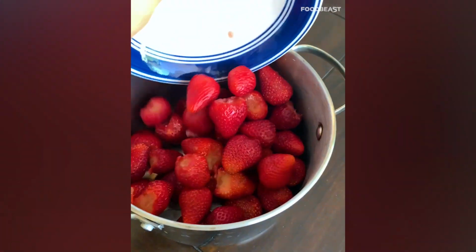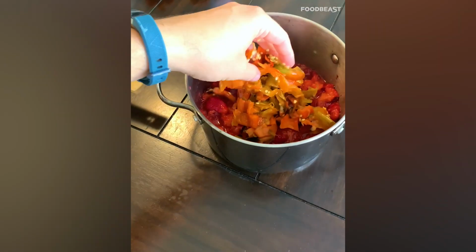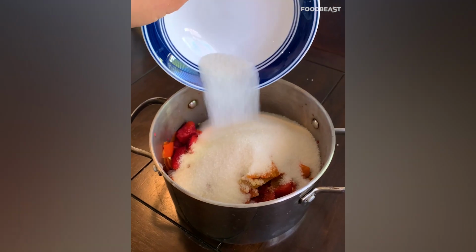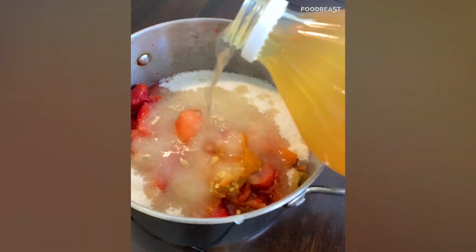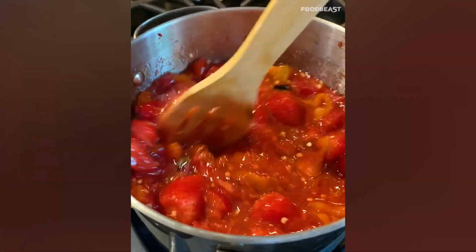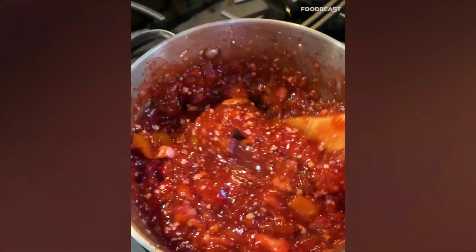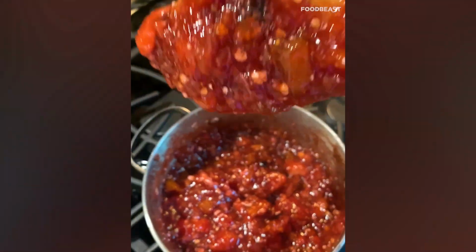All right, chop them up and then get a pot going. A little bit of strawberries, mash those with your hands. The chopped chilies, a pinch of sugar, okay? And then a little pinch of lemon, apple cider vinegar, and then turn on the heat, get it on the stove, let it bubble. As soon as it starts bubbling, throw a little bit of cornstarch as a thickening agent,